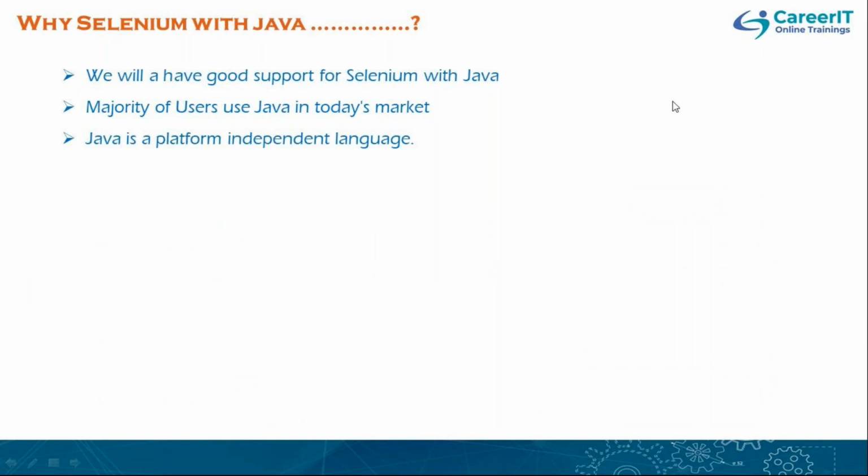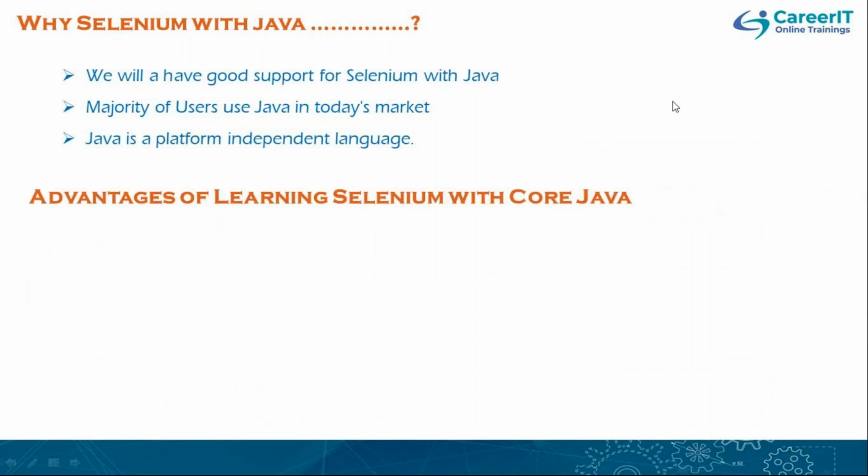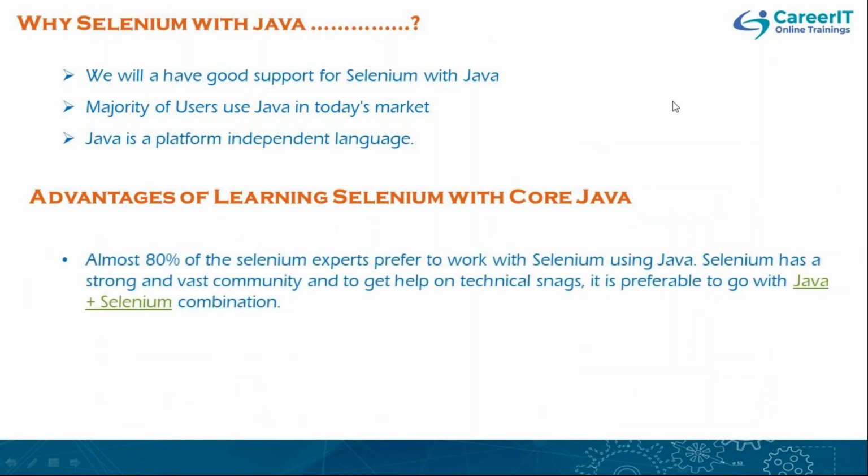Okay, you can write your Java code in a Windows based operating system, and you can execute it in Linux or Unix or Apple iOS machines also. And the main advantage which we see is that 80% of Selenium experts prefer to use Selenium with Java because of the advantages of Java, guys. So Java has a lot of advantages, and because of that most of the people are ready to use Selenium